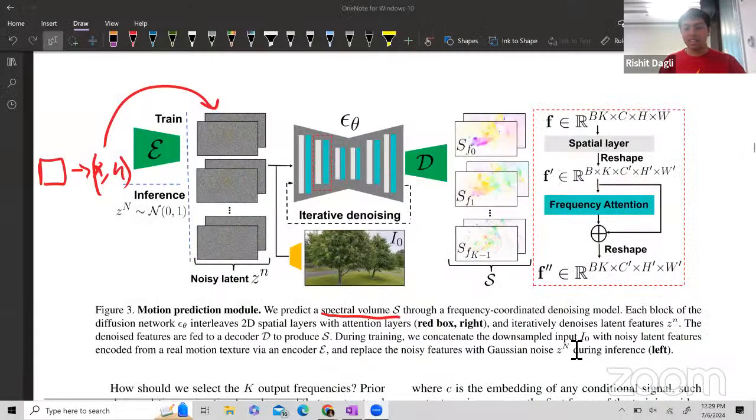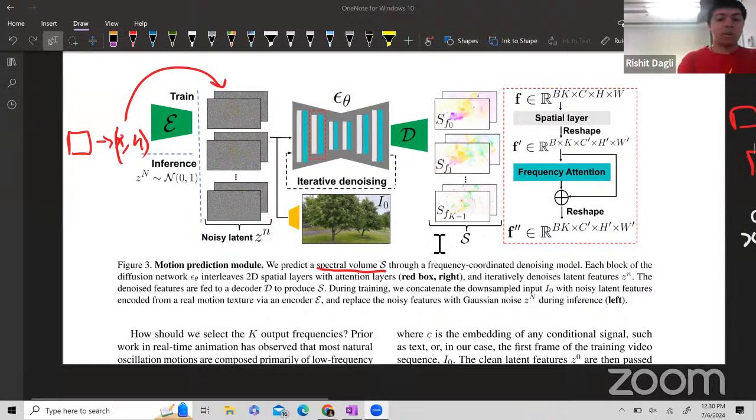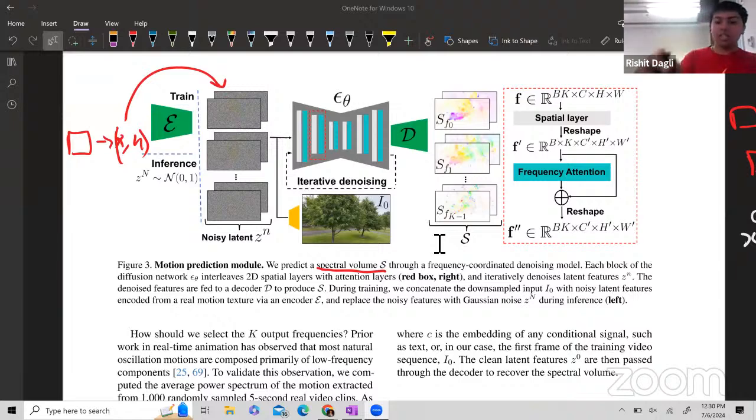Here we are trying to do this YouTube live stream thing, and it always has some problems. So the way they approach this problem is that all of these latents represent Fourier coefficients of your motion.